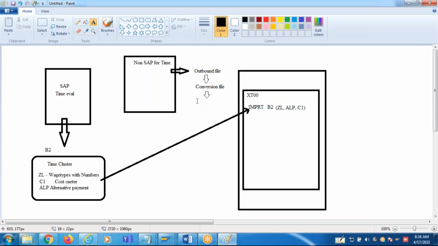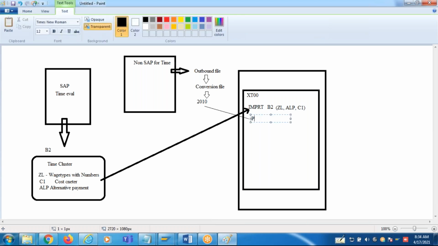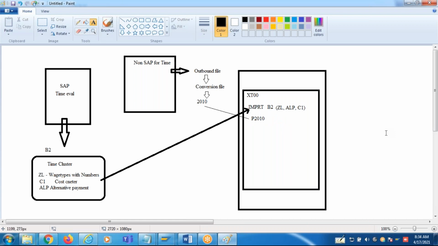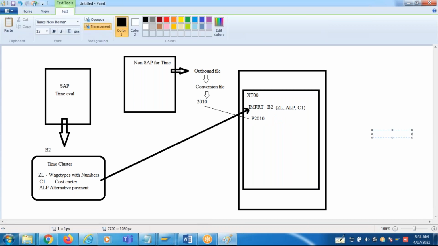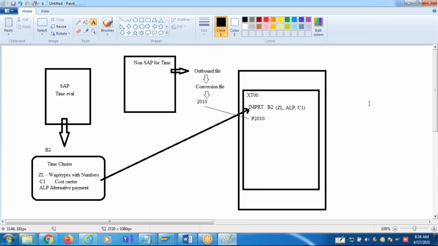Now in such a case, this 2010 is imported here with the function P2010, guys. So this is another integration with the time evaluation. Clear.